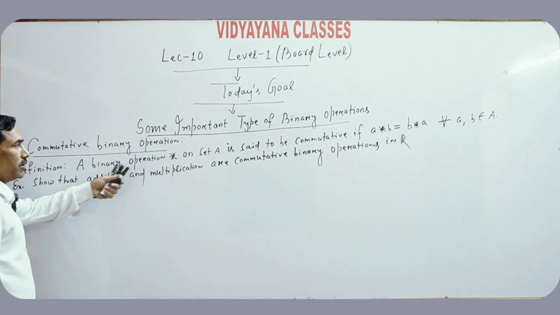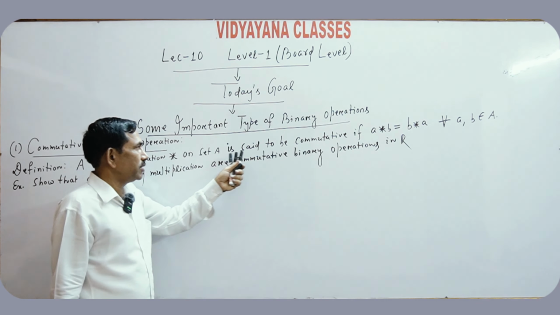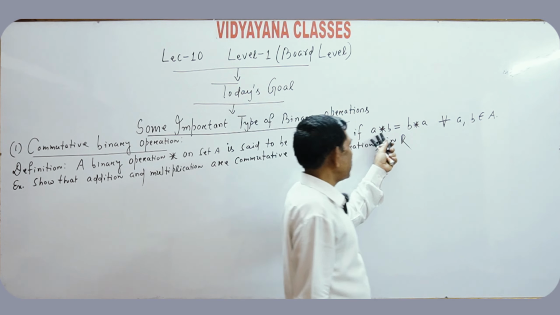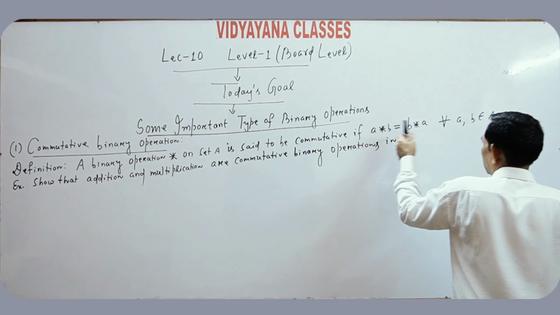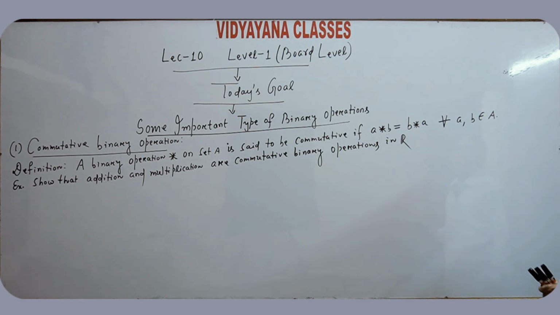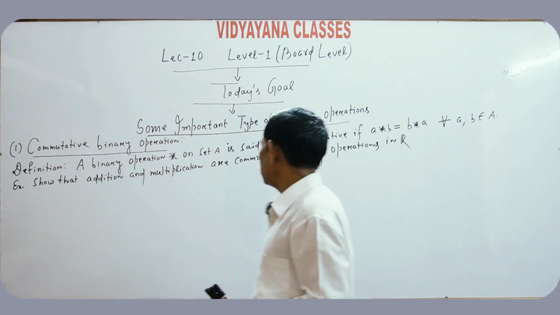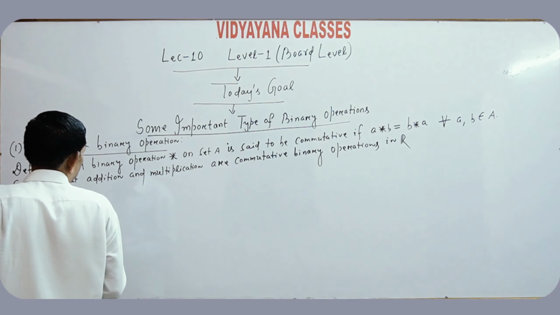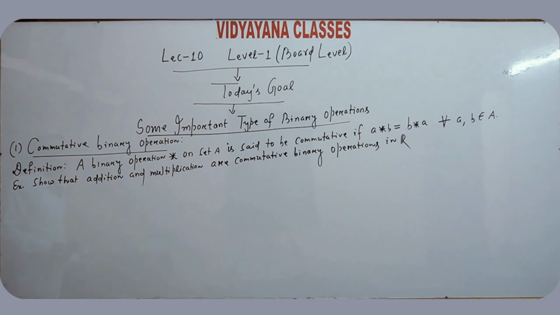A binary operation star on set A is said to be commutative if A star B is equal to B star A, if this condition is satisfied for all A and B belongs to A. So addition and multiplication are commutative binary operations in the set of real numbers. Solution: